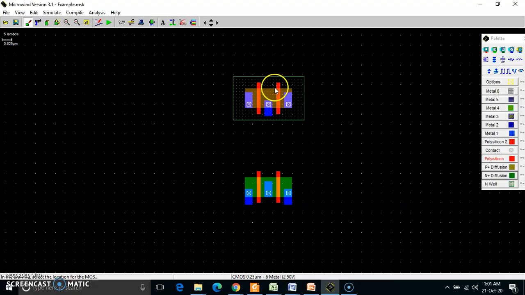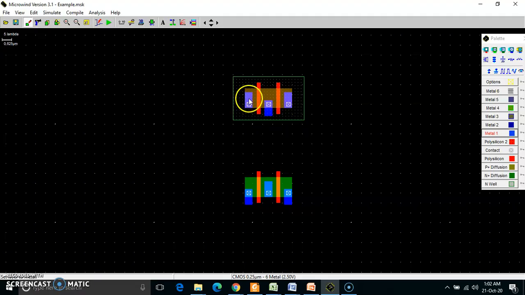Now I want this to be a parallel one, because two PMOS should be in parallel and two NMOS should be in series. As I told you how to define the number of terminals, this is my source, gate, drain, source, gate, drain. So this is the gate of the first and the gate of the second. This is source, 1 point. This is the drain. This is again source, that is 2 points. Source and drain are internally connected, and this is again a next terminal.